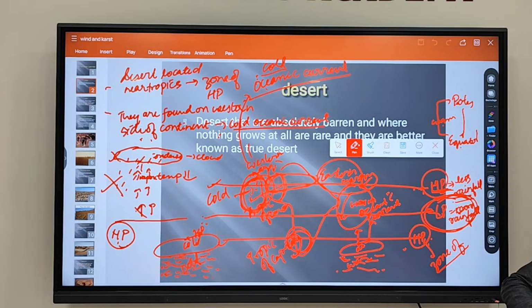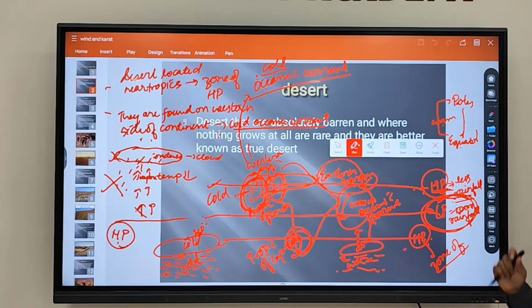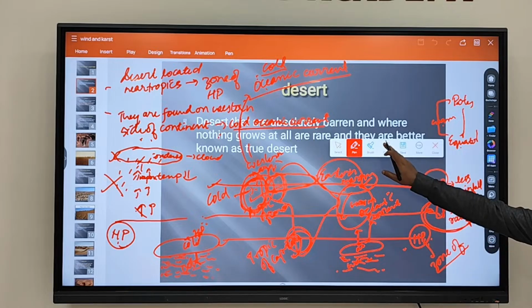Deserts are always located near the tropics. Why? Because tropics is a zone of high pressure. Second, they are found on the western side of the continent. Why are they found on the western side of the continent? Because of cold oceanic current. Fine. Now,